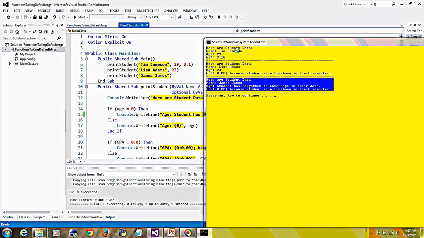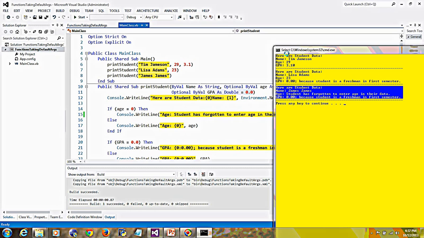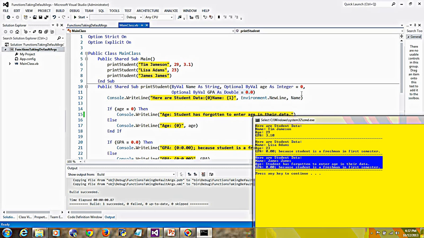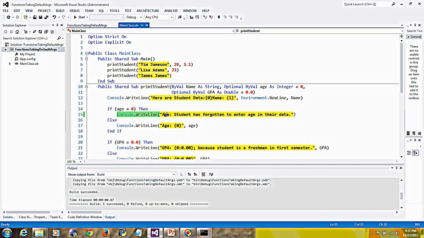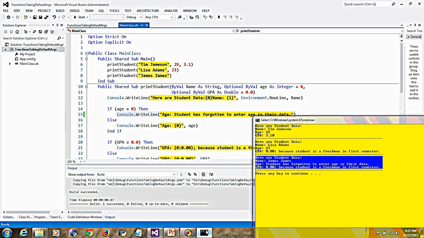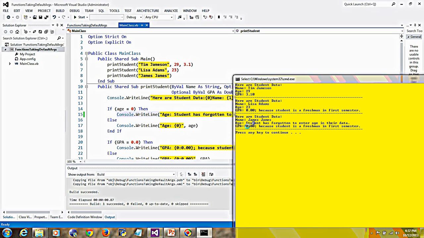Age is taken to be a default value of 0, and this line of code executes, that the student forgot to enter their age, and that's exactly what is printed for age. Student forgot to enter their age in their data. And the default value for GPA is 0.0, so it prints GPA 0.0 because the student is a freshman in the first semester. Okay,